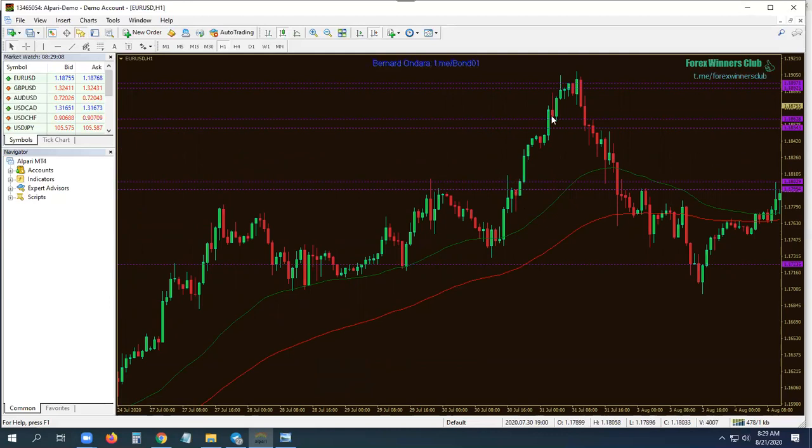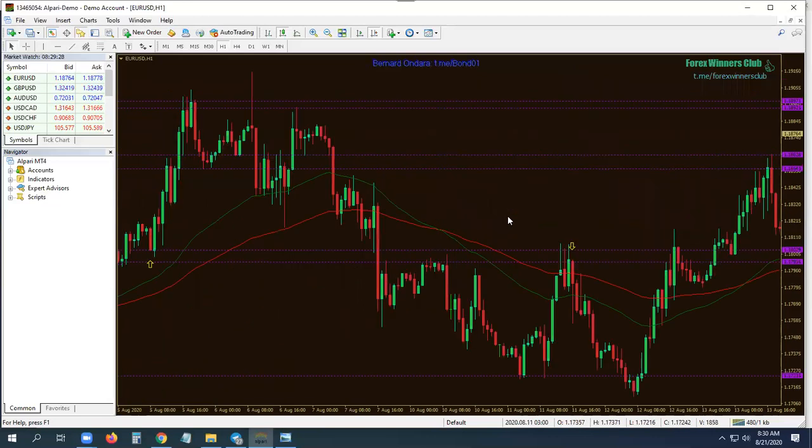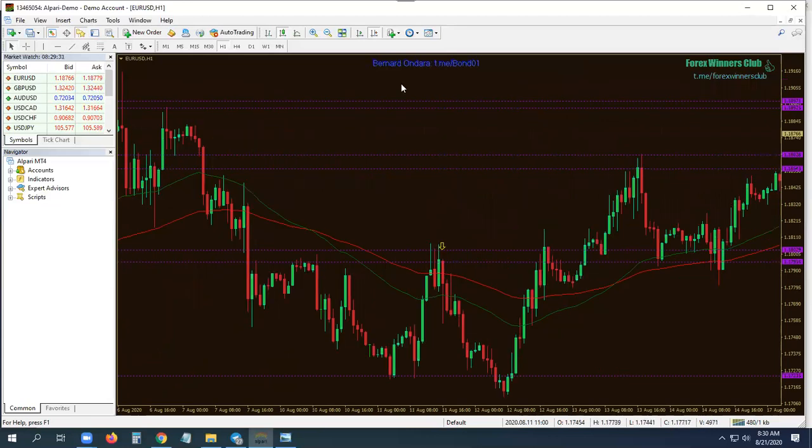The uptrend is still strong. We still have an uptrend, so by selling at resistance in an uptrend, you are expecting the market to go down. But the market has power to go up, not power to go down. In an uptrend, buyers are strong. Bulls are strong. In a downtrend, bears are strong. So that's why we always say go with the flow.